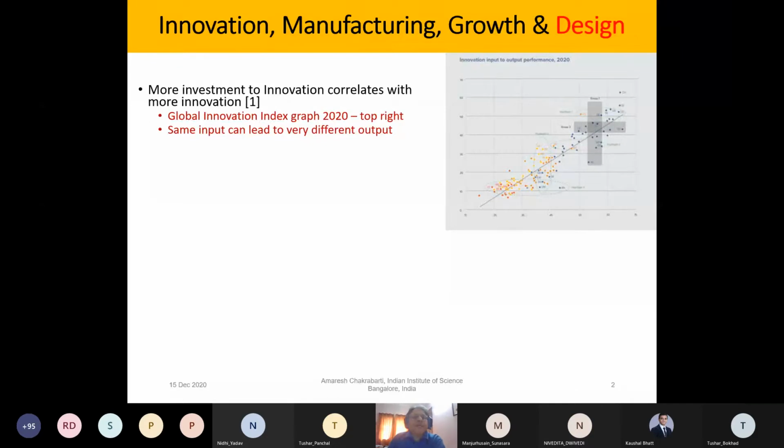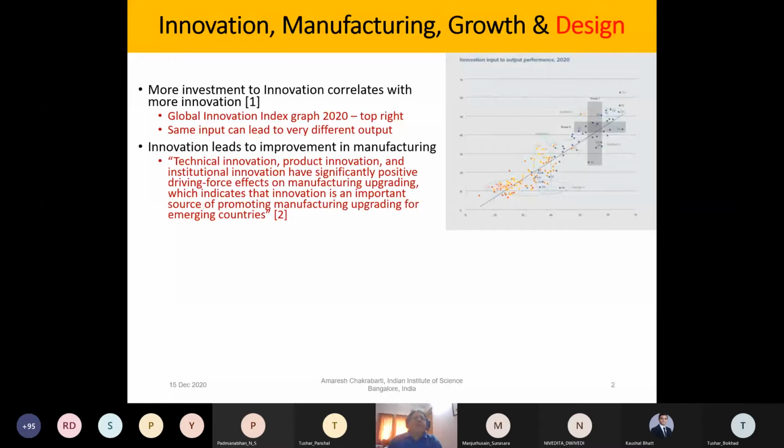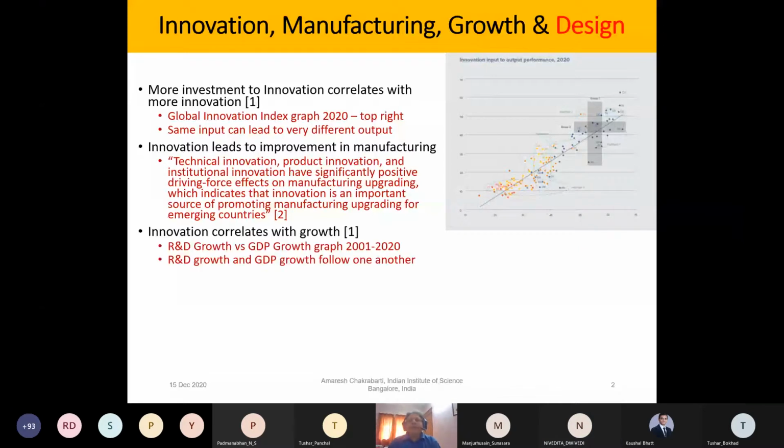The second is that innovation leads to improvement in manufacturing, and this is again because manufacturing is the enabler with which innovation is implemented and taken to society. The third is that innovation also correlates with growth. So if you look at the graph on the right side,